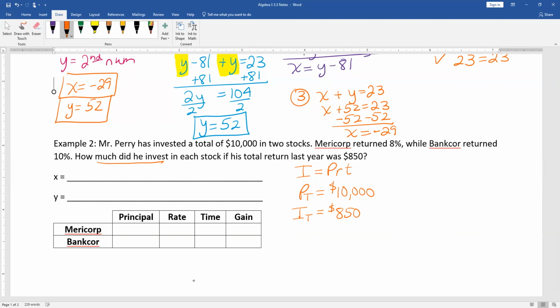So I'm just going to make x equal the first account. So x is the principal invested in AmeriCorp. And y is the principal invested